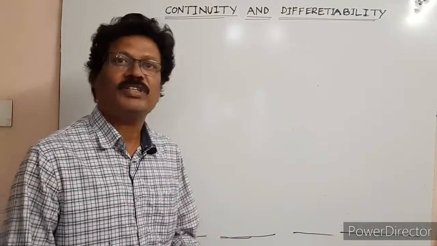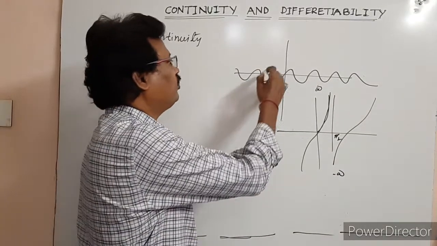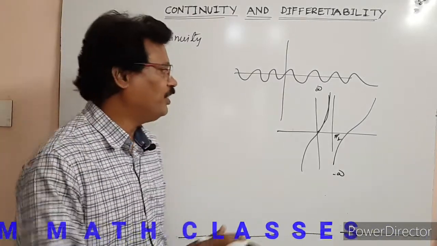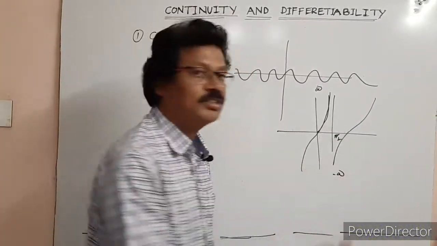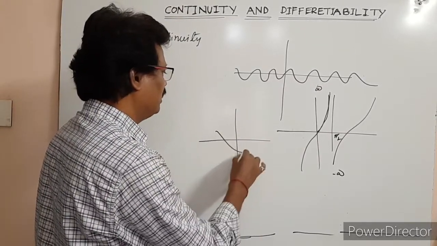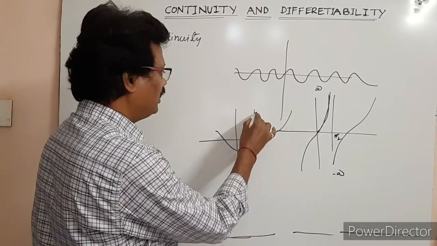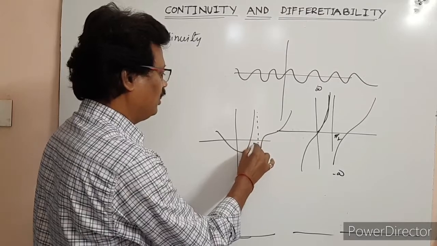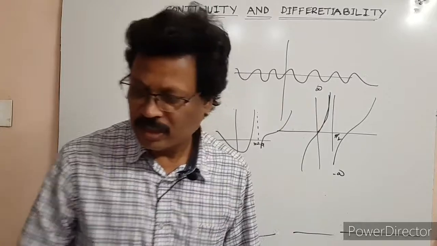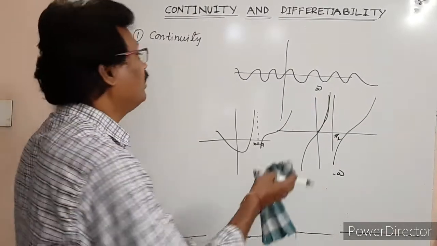Now let us see continuity first. As a graph, if you draw the graph of a function without lifting the pen, then that function is called continuous. If we lift the pen anywhere, that graph is discontinuous. Suppose I draw the graph like this. This graph is going like this, it is gone like this, again starting from here. Therefore, there is a break in the graph at this point, and that function is discontinuous. Therefore, this graphical approach is the simplest method to understand continuity and differentiability.